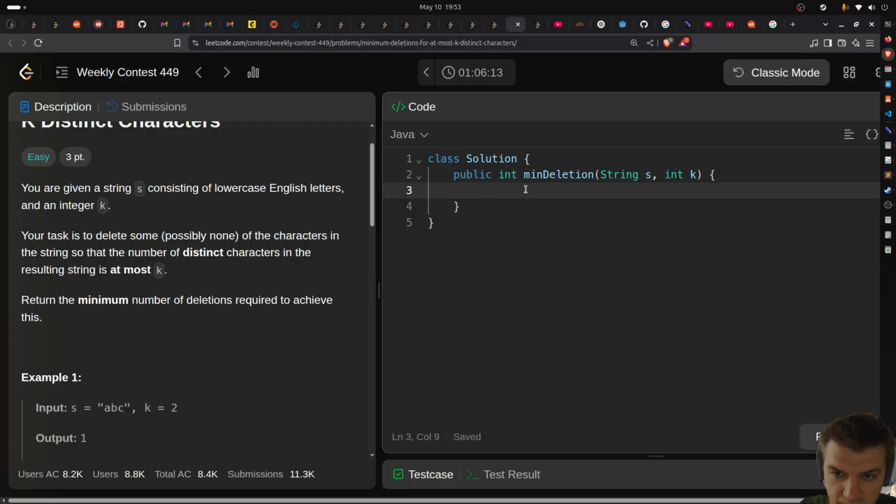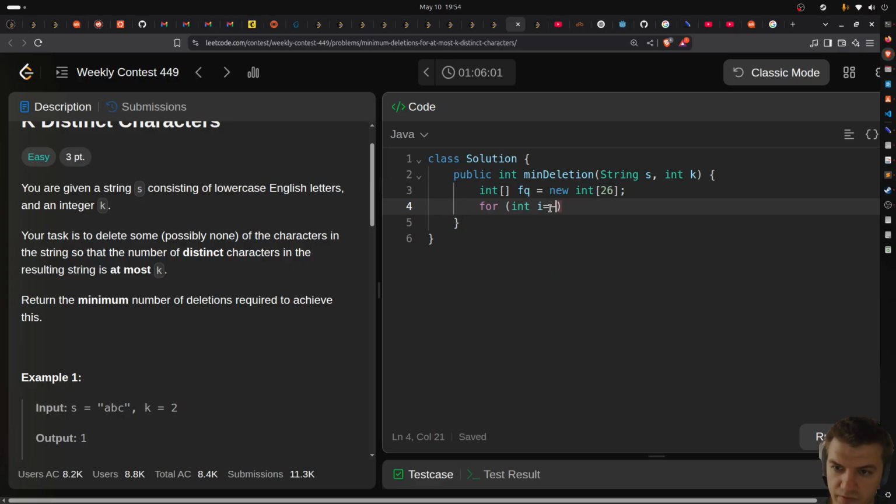Yes, something like that. So for int i equals 0, I'll have this array with frequencies, 26, and then for int i equals 0, i less than